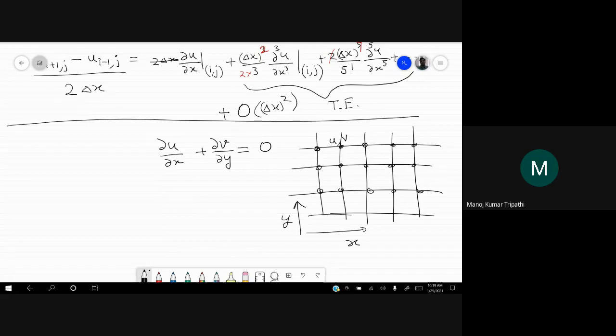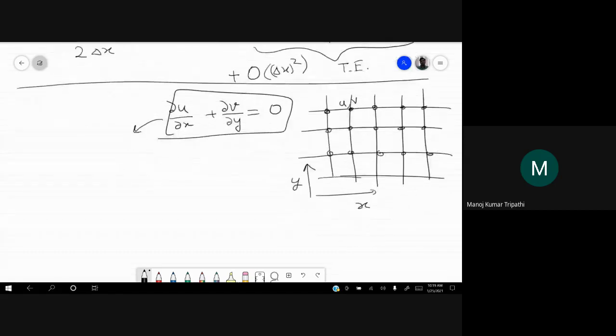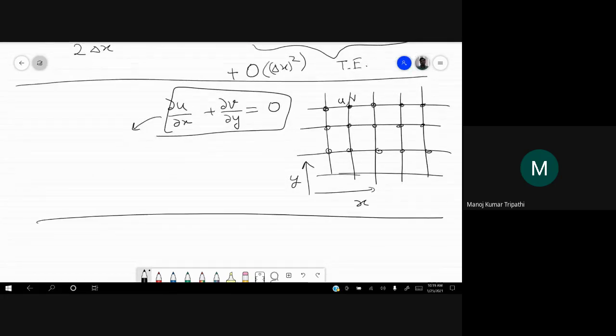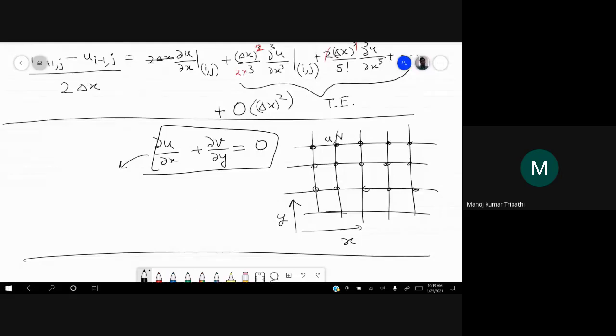It depends on the memory of your computer, how many points you can have in your domain, or how fast you want your computation to be. As many points there are in the domain, the more time it will take to solve the problem for a computer, because it needs to solve this equation at each and every point. This equation is valid at each and every point of the domain. Okay. So this was the reason why we wanted to convert this equation for every point which we have chosen, which we have sampled from the domain.